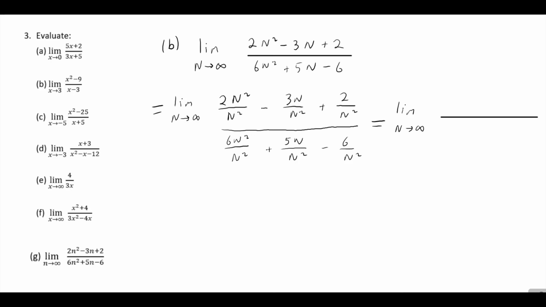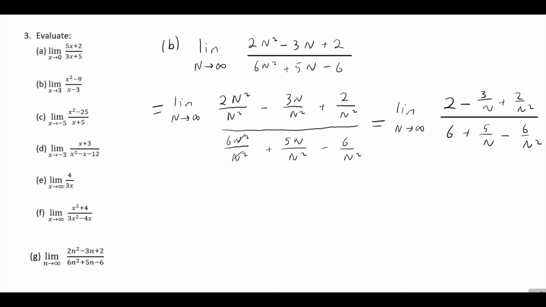So we're going to get n squared into 2n squared, that's going to give us just 2. Minus, and then this is going to cancel, but we'll be left with an n on the bottom, so we're going to get minus 3 over n plus 2 over n squared. And then below that, we get 6 plus 5 over n, because one of our powers will cross out. We can divide n into this, goes once, n into this goes once, and we're left with an n, over minus 6